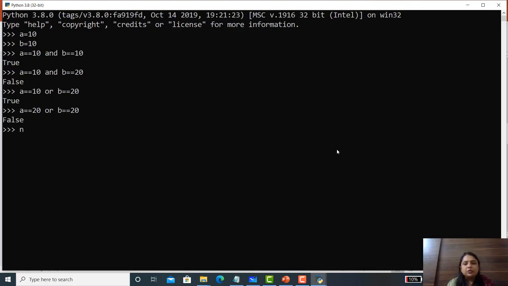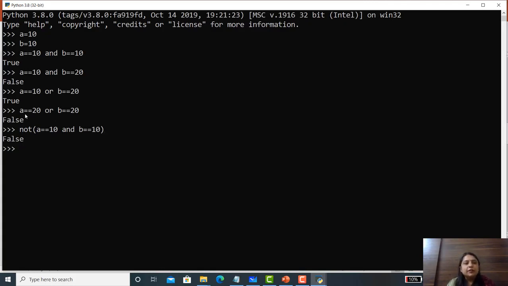Now if I use the NOT, here I am writing A equal to 10 and B equal to 10. Already we have performed this operation and we know that the answer is true. But when I use the NOT, it simply inverts the answer from true to false.